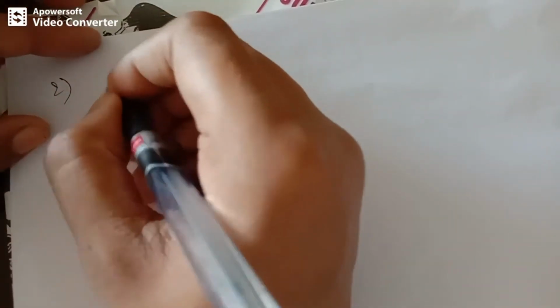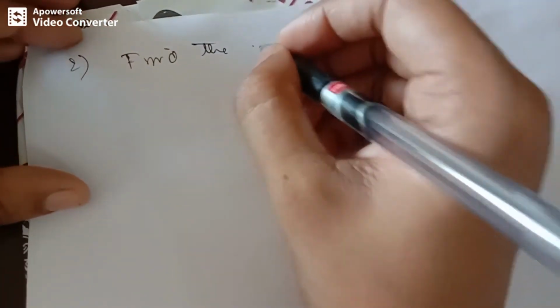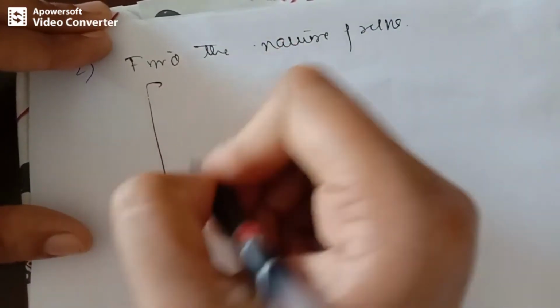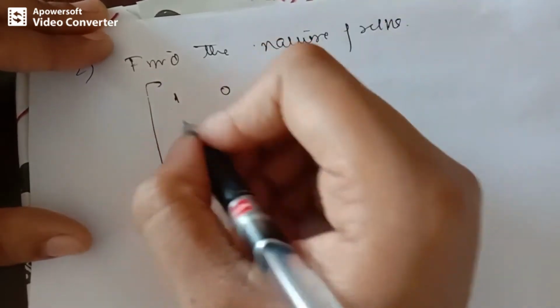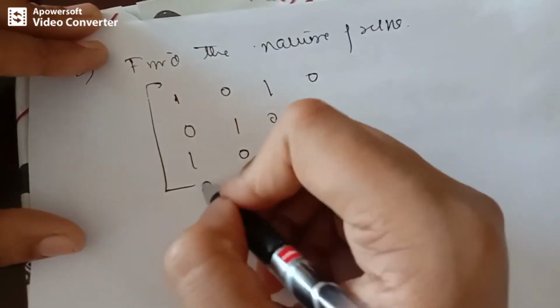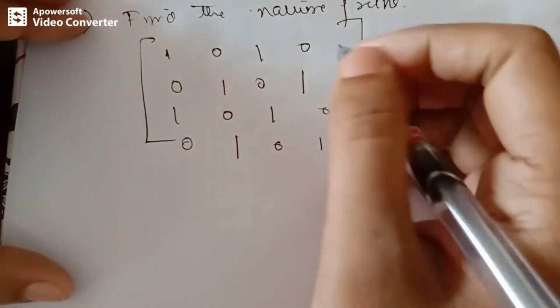So for example, you will be asked a question to draw the diagram, or you'll be given a problem wherein you're supposed to find out the nature of the relations given the matrix of the relation. Find the nature of relations for the following matrices. For example, this is the matrix of the relation R: 1 0 1 0, 0 1 0 1, 1 0 1 0, 0 1 0 1. This is an example.